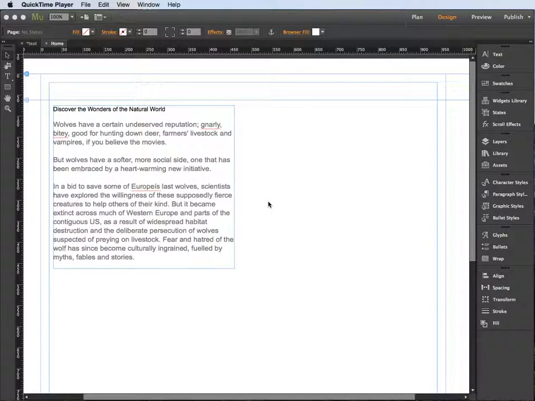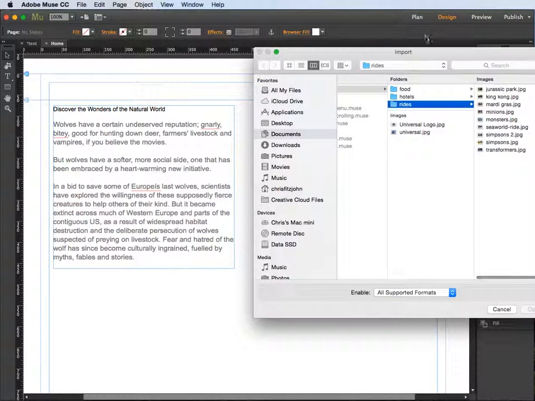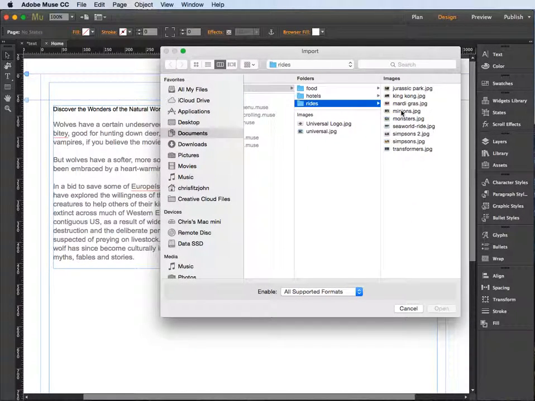In this video I'm going to quickly show you how you can add images onto a page in Muse. There are two ways that you can do this. First way is to use Command D or Control D, which is to place an image. So if I just do that, Command D brings up the import dialog box, and then I can select an